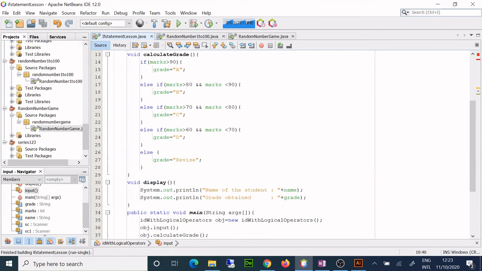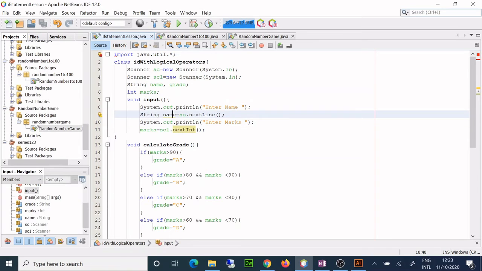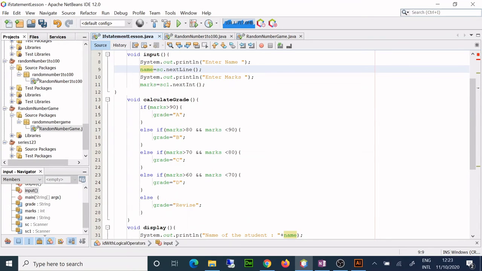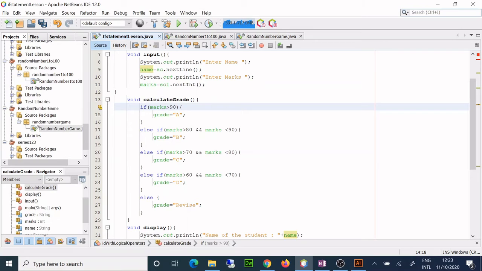So there are two issues here. One is the name is not being displayed. The reason is I'm using a string twice. I don't need to do that. And you see it's greater than 90, and then I'm saying less than or equal to 90. Less than 90, it's not equal to. So 90 is excluded. Now 90 is included in B grade, which is not nice.